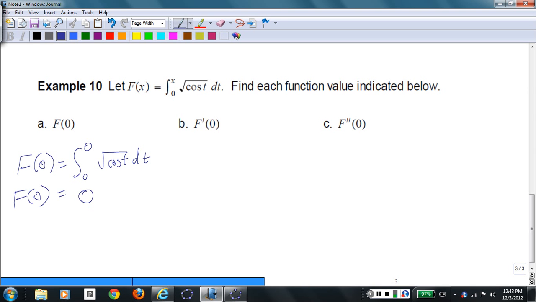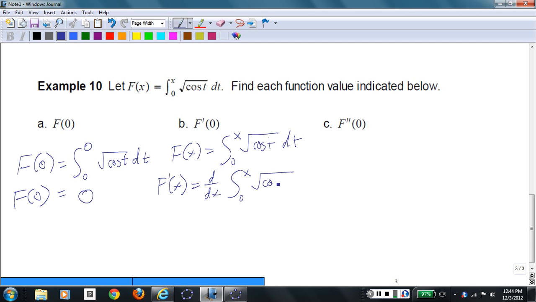Now, for f prime of 0, I really need an expression for f prime of x. So let's find f prime of x. F of x is the integral from 0 to x of the square root of cosine t dt, just copying and pasting there. F prime of x equals d/dx of the integral from 0 to x of the square root of cosine t dt. And applying the fundamental theorem of calculus,